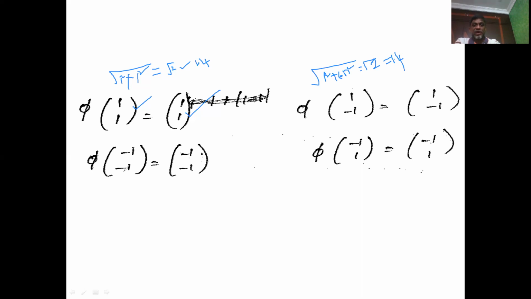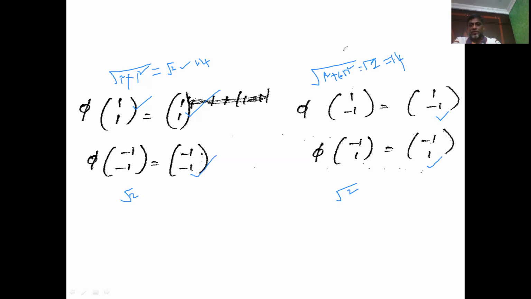Okay. If you calculate for this also, square root of minus 1 square plus minus 1 square is going to be square root of 2 for this also. Therefore, we take the same values. And here also, the square root of minus 1 square plus 1 square is going to be square root of 2. So we pick the same value here also. So for the negative labels, there is no change between input space and feature space. The same input patterns are calculated here also.